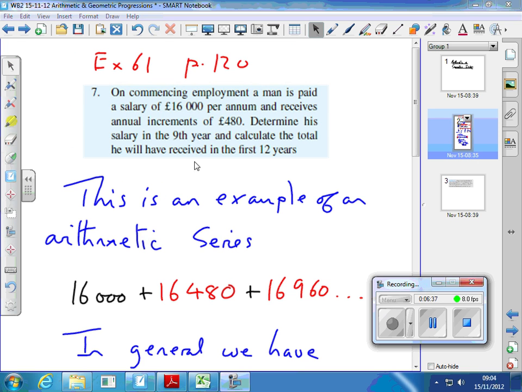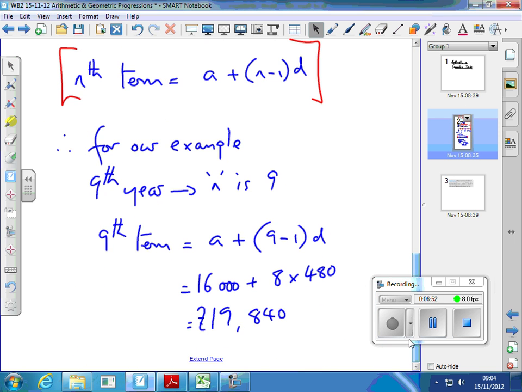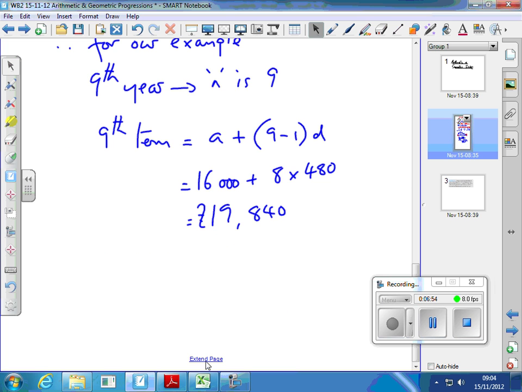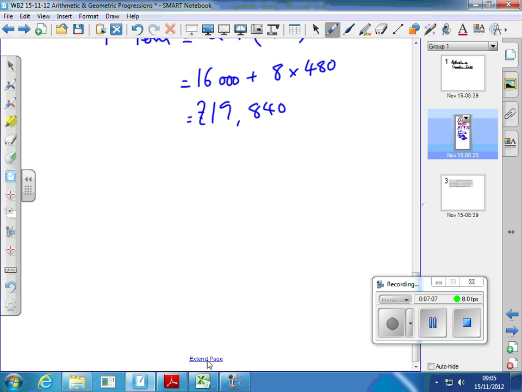So now let's think about in this example, what's the total he'll receive in these first 12 years. So I now need to add them up as I'm going along. And in the textbook, it goes through the algebraic steps about how this formula is arrived at, but I want to just, really that's not important for us. So let's just present the formula to find the sum of an arithmetic progression. Let's see if I can remember it. Yes, that's right. So for an arithmetic series,